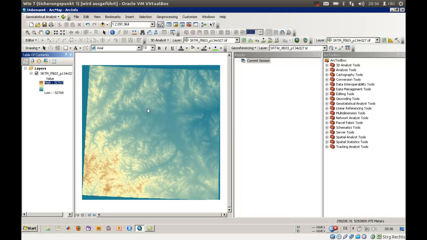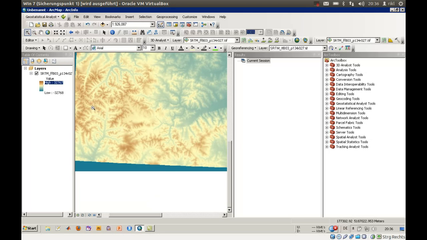So now the lower areas, like here in the floodplains, are marked in green, or that greenish blue, and the highest values appear in the mountainous region in the southwestern part of that scene, which is path number 134 and row number 27. If you would like to download the same file, the higher areas are marked here in brownish colors. We will go a little bit more into detail with that file, because I would like to show you some special